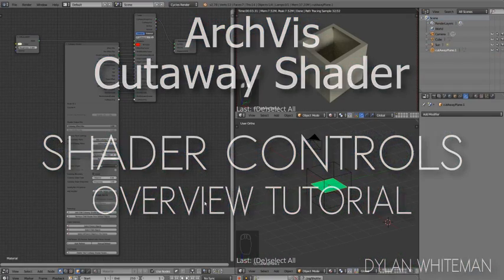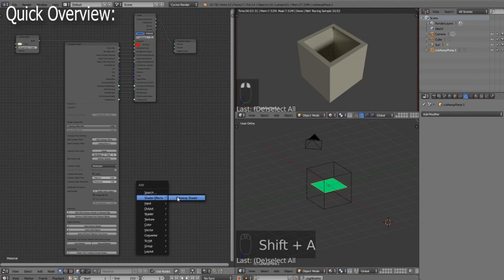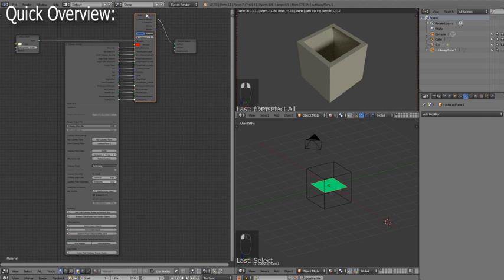In this video, we're quickly going to cover the functionality provided by the CutAway Shader with these buttons down here. The first thing to note is that when you add the CutAway Shader with Shift-A, Shader Effects, Add CutAway Shader, it adds two nodes, this node here and this node here, that you stitch into your materials for the selected object. The shader here is running an OSL shader script, an Open Shader Language script that does the work